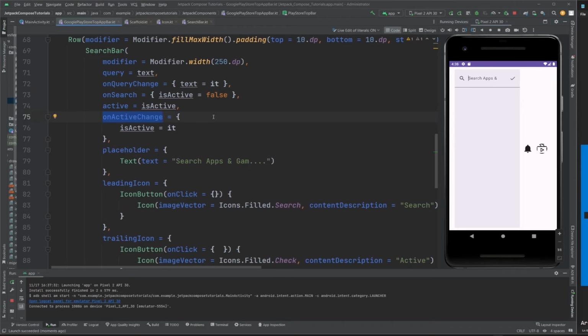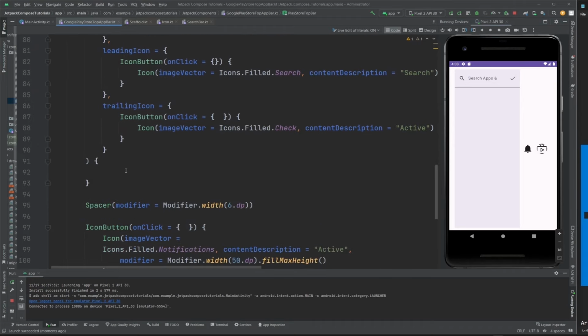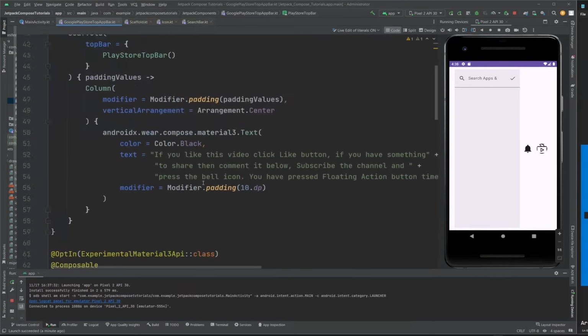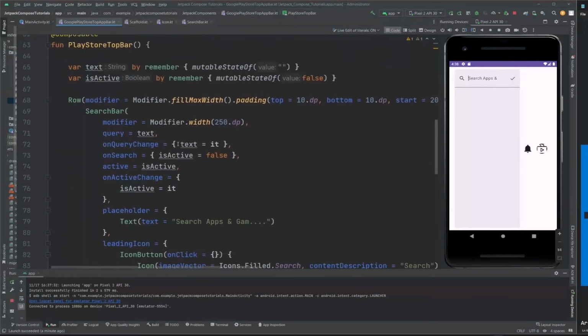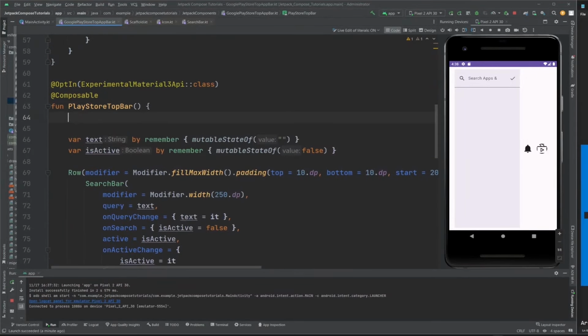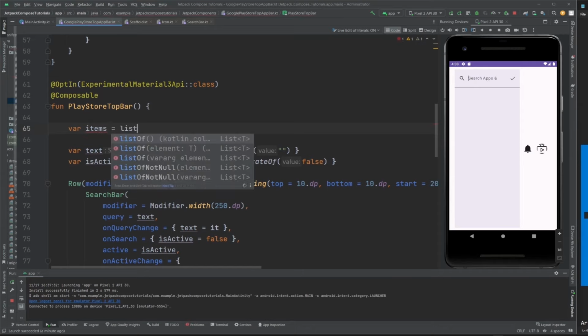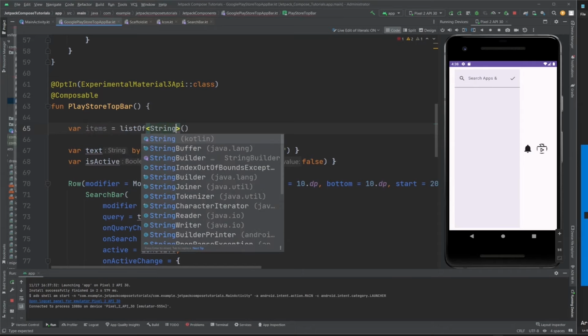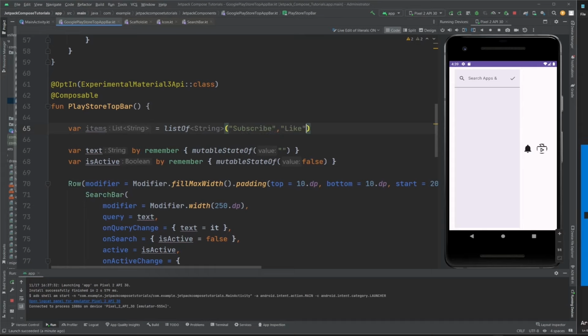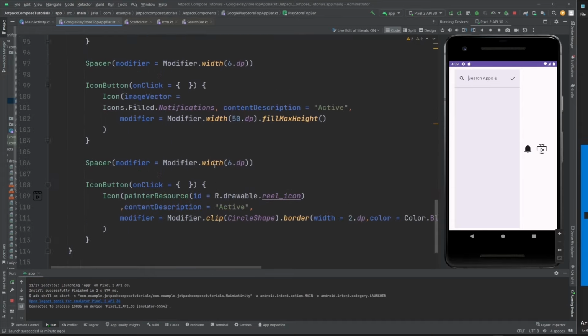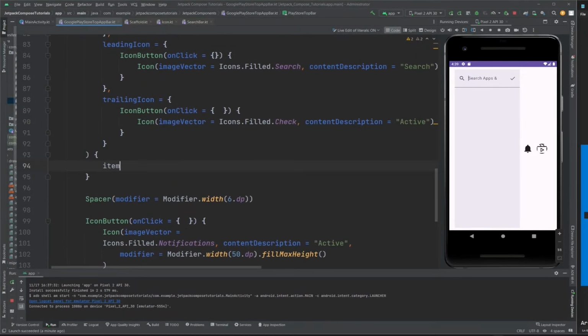change, we want some things to change, and also you can change content here. We can provide content here. For the content purpose, let's create a list first. Actually, where to create the list? Here only we can create the list. So val items equals list of a string: subscribe, like, and comment. Items, and here items dot forEach